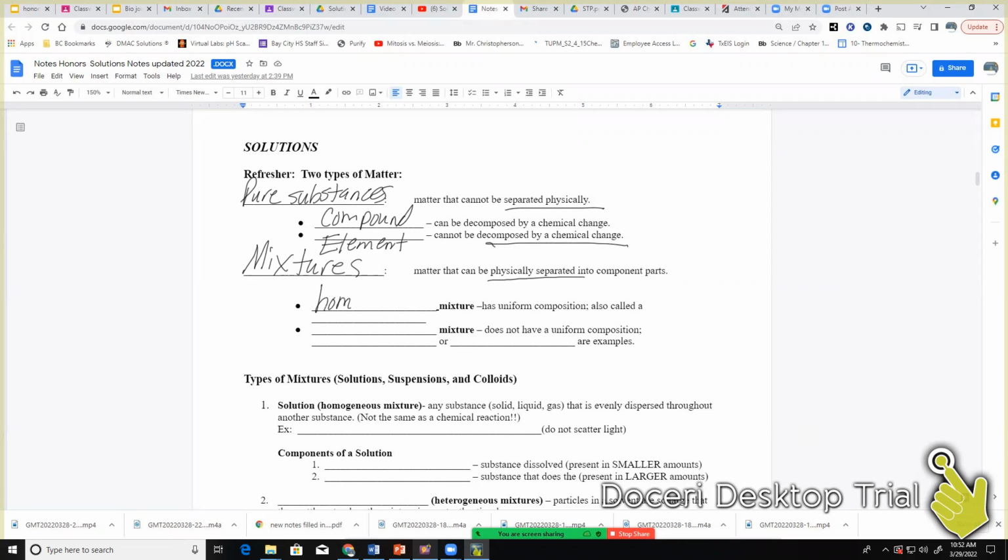So a homogeneous mixture, that should be an S. I don't know what I got going on there. Has a uniform composition throughout. It's also called a solution, which is what our unit is about. So we're going to be dealing with those mainly, as compared to a